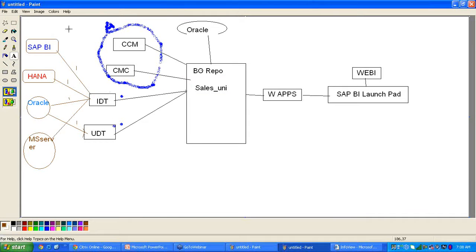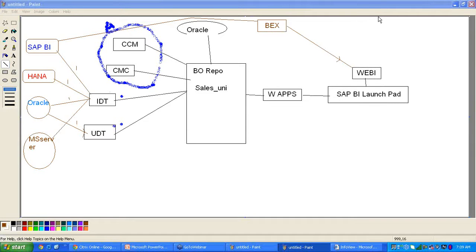And also, we can create the report by connecting to the BEx queries. So how will we develop the BEx queries? Through the BEx Designer. BEx Designer is one of the tools in BW, SAP BW. In the BW version, SAP BW, we have the BEx Designer. Through the BEx Designer, we will generate the BEx queries. So through the Web Intelligence connectivity, we can directly create the report on top of BEx queries. Okay, we can create the web reports connecting to the BEx queries.